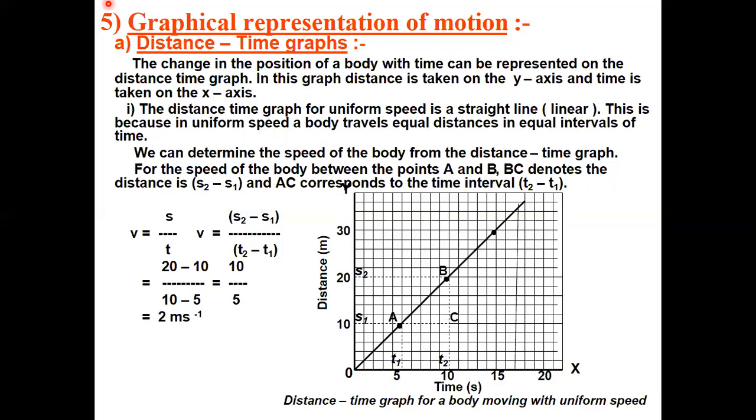For example, in the telecast of a one-day cricket match, you watch the cricket match. The vertical bar graphs show the run rate of a team in each over. They will show the graph there. You have studied also about the horizontal bar graphs. Here vertical bar graphs show the run rate of a team in each over.